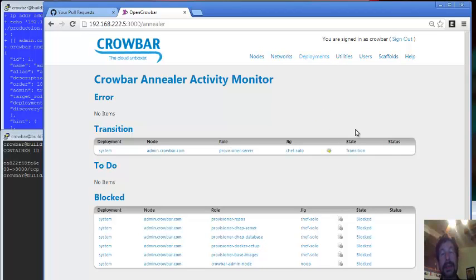And there's a lot to show and tell about OpenCrowbar. The number one thing that I really want to focus on with this is the UI and how it works. We'll show some of the CLI also. But it's really with the Annealer, because the Annealer is the magic that makes Crowbar orchestration work in a predictable, reliable way, and is really at the heart of what we think is going to help provide upgradable physical infrastructure